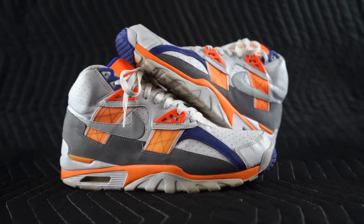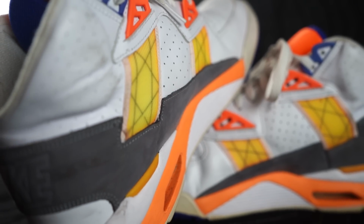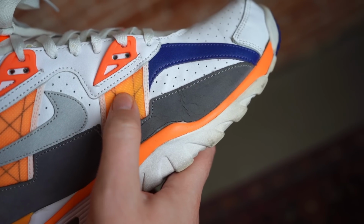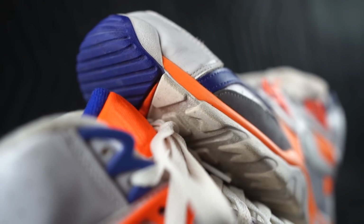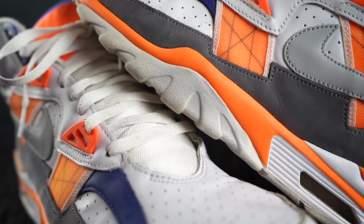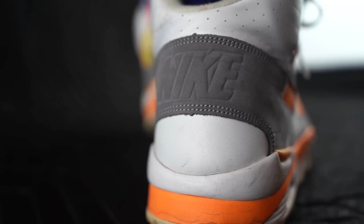You can see how worn these are. Even the plastic tabs on the side are super faded. I'd love to see a 2020 retro of this sneaker. I'd probably buy 2 pairs, honestly, but I would definitely put in a more cozy insole to make them more